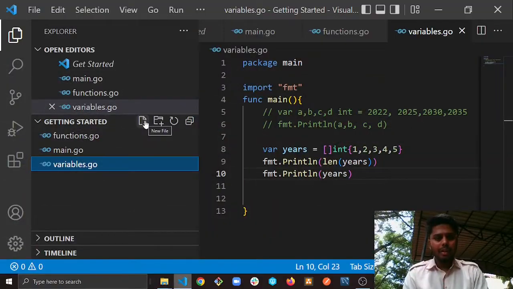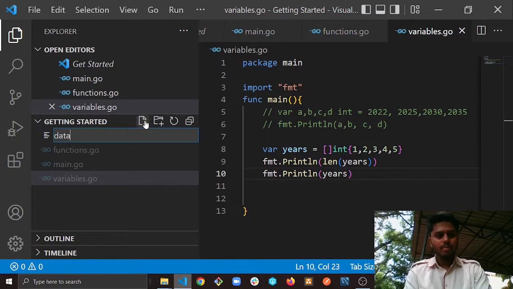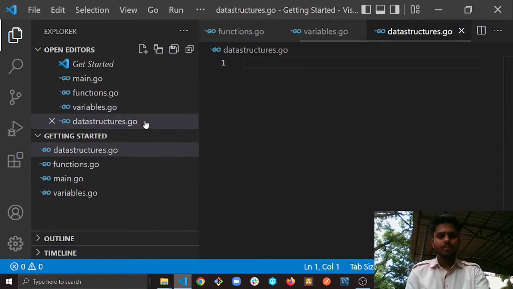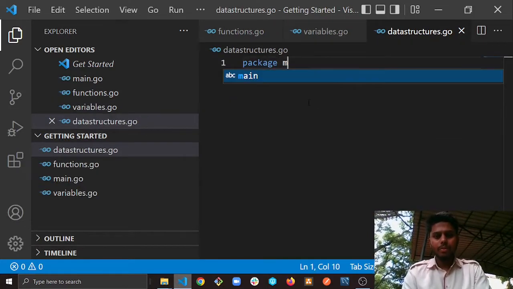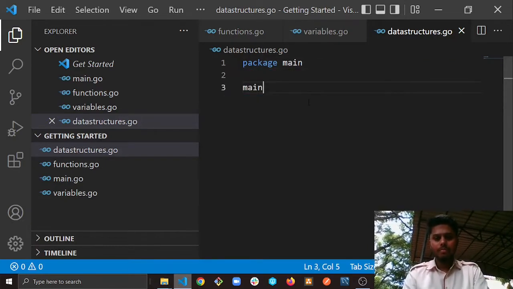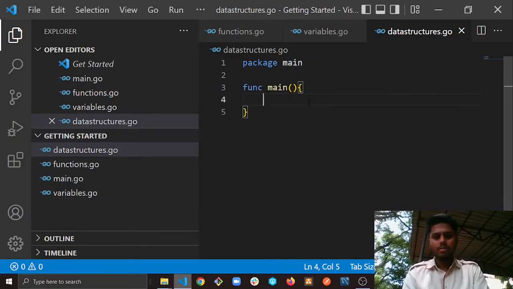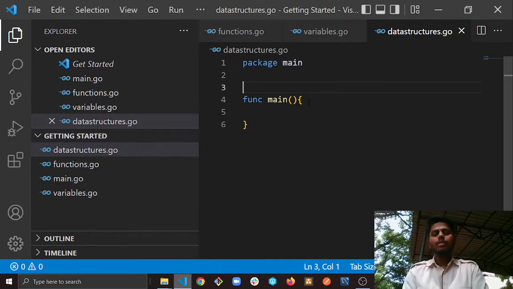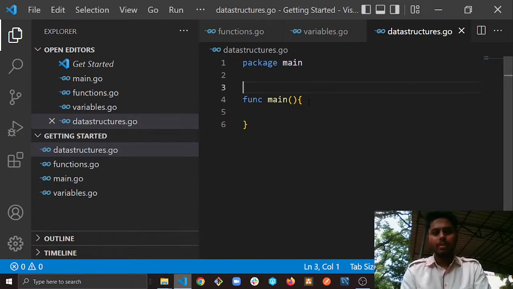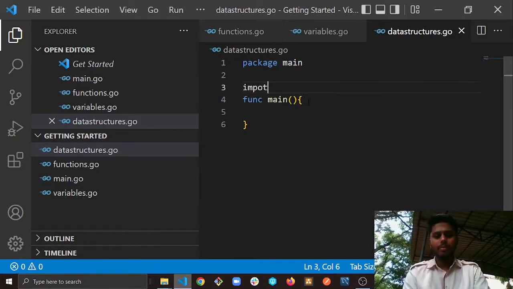Let me create a new file named data structures for this tutorial. I'll be naming it data structures.go. So let me start with the bare bones of the Golang program. This time, instead of using the fmt package for printing, I'll be using a package called log, which is kind of similar to fmt for printing. So import